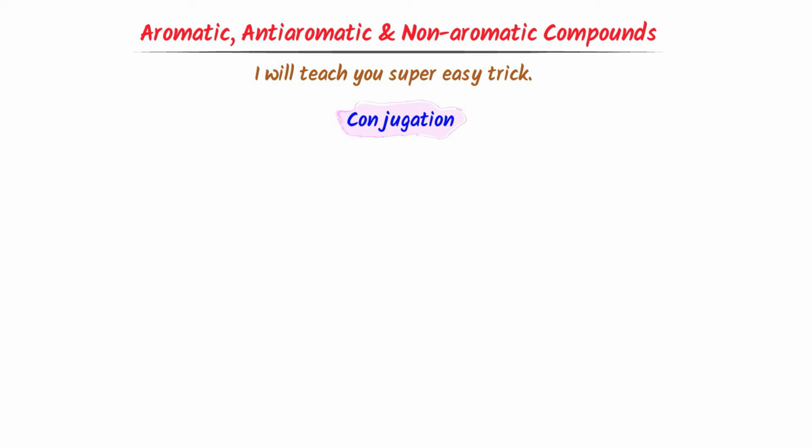If a compound contains double bond, single bond, double bond, it is a conjugated compound. Secondly, if a compound contains double bond, single bond and positive charge, we say that it is a conjugated compound. Thirdly, if a compound contains double bond, single bond and a negative charge, we say that it is a conjugated